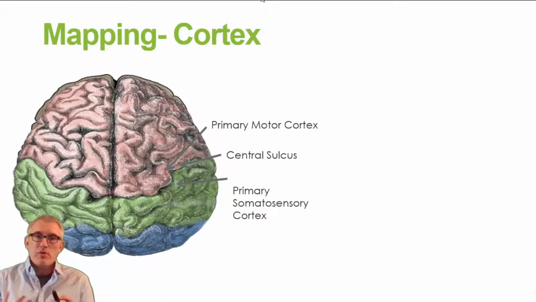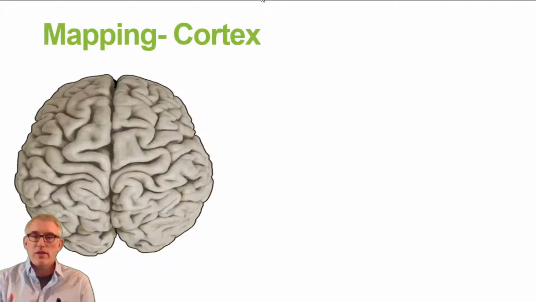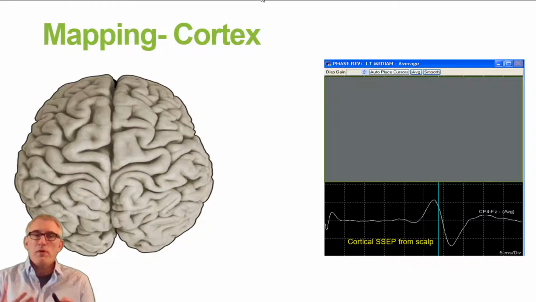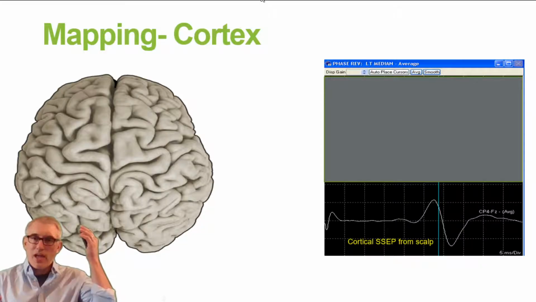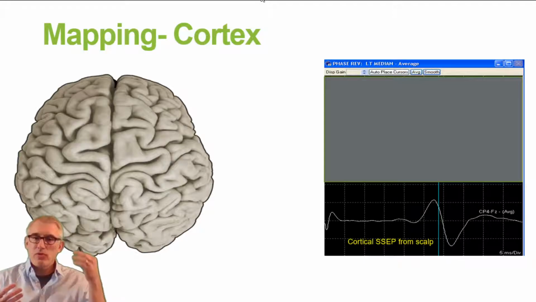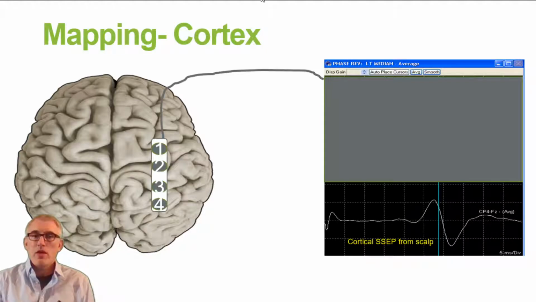Mapping primary motor cortex is never the simple kind of color-coded that we see here, and the anatomy is typically distorted by the tumor. When we perform SSEPs, for example, if we're stimulating the right median nerve and we're recording response from the hand region from left somatosensory cortex, in a typical case we're using a subdermal needle underneath the scalp, and this is the cortical response seen here. So if a